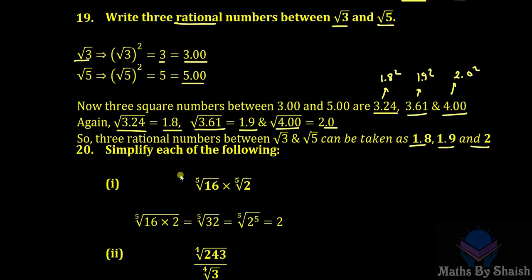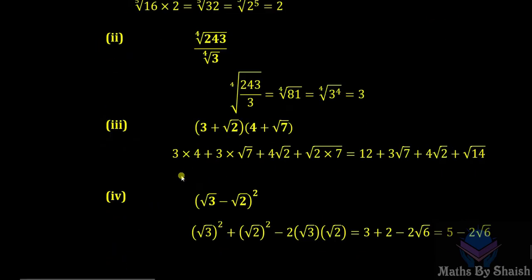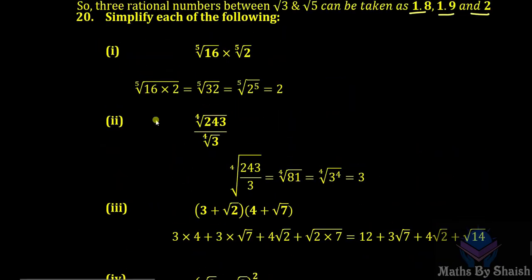Now let's do the simplification, simplification 1. Question number 20: simplify each of the following. We know that in addition we cannot add two unlike terms, but we can multiply unlike terms. So here the fifth root of 16 and the fifth root of 2. You can multiply, it is going to be the fifth root of 16 into 2, and 16 into 2 is 32, and for 32 from the prime factorization we can see, or I would suggest, if you can remember,